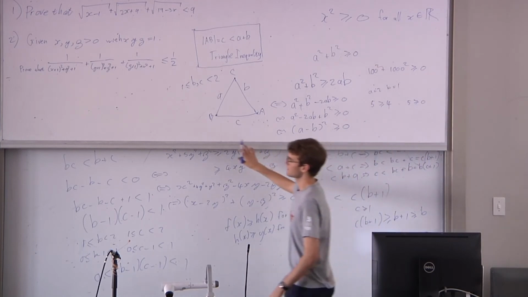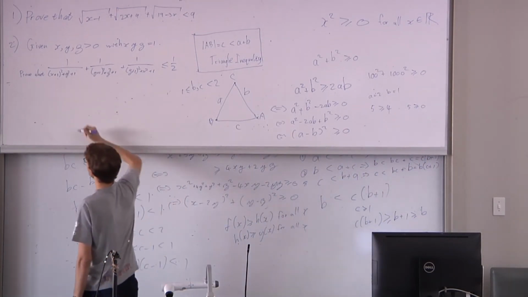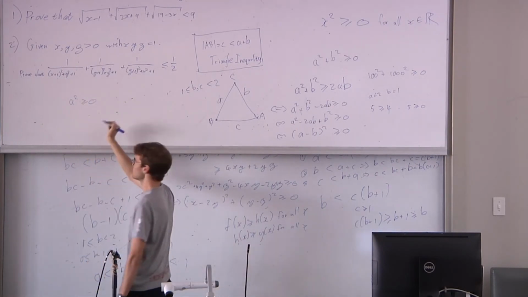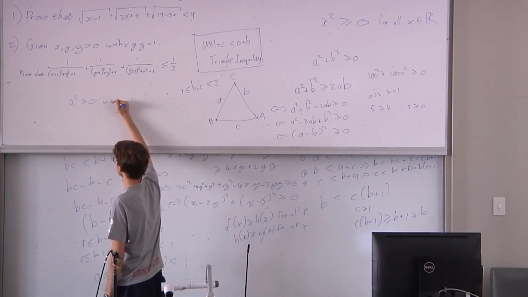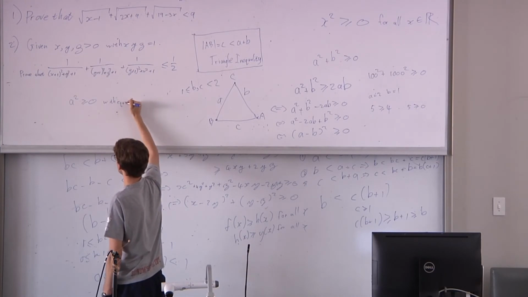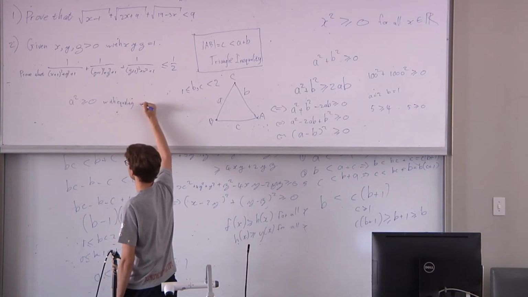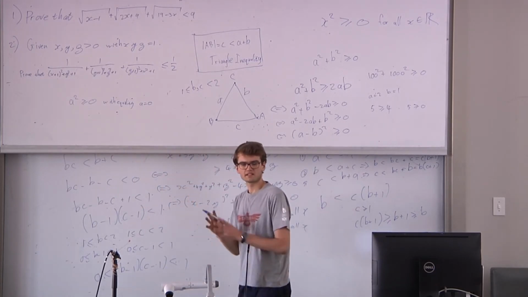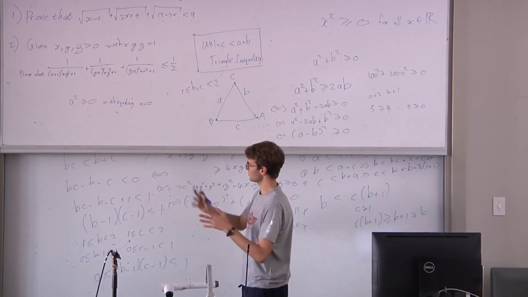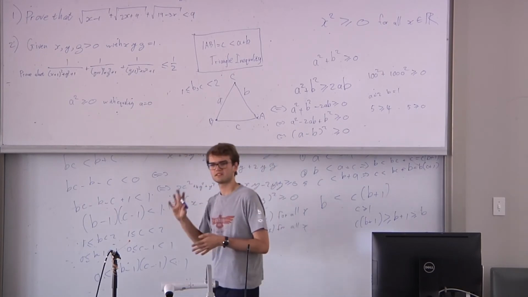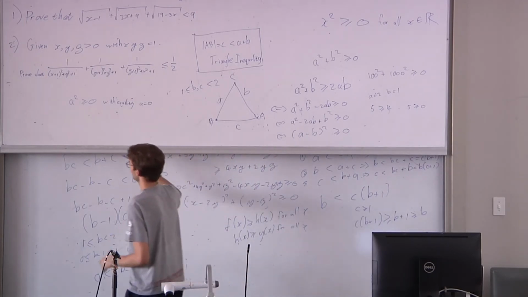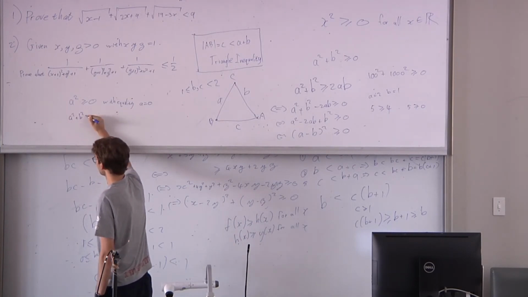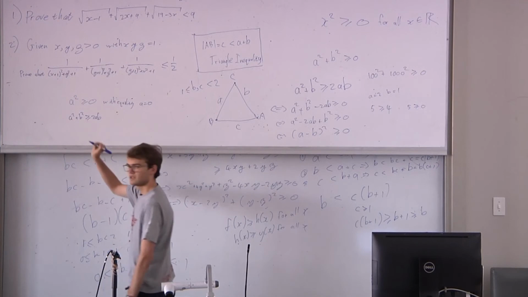So, for instance, if a squared is bigger than or equal to 0, with equality only when a is equal to 0, right? But that gives you a degree of freedom of all of the real numbers except for 0, and so it's not that strong. Whereas something like a squared plus b squared greater than or equal to 2ab, that was